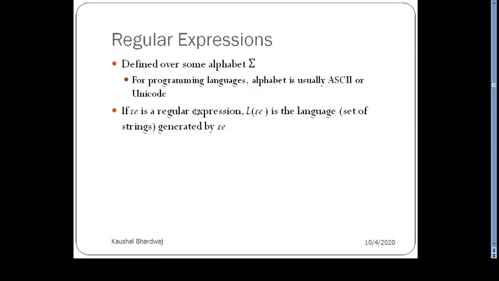For now, a regular expression is defined over some alphabet sigma. For programming languages, the alphabet is usually ASCII or Unicode. Let us assume RE is a regular expression, then if we write L(RE), we understand it as the language, the set of strings generated by this regular expression.